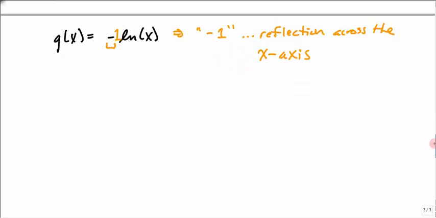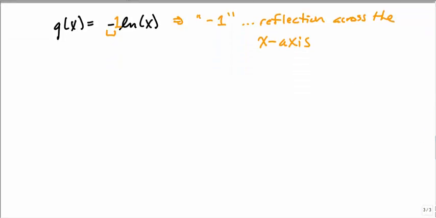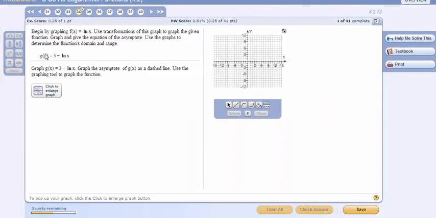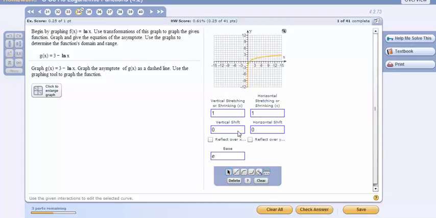So to continue, let's pull a problem in from my math lab, and we'll actually work through the problem, and then we'll look at our solutions. So here we're graphing g of x equals 3 minus ln of x. We can see right away we have a vertical shift up 3 units, and we also have a reflection here in front. Let's take care of that reflection first. The first thing that we're going to look at is which one is the graph for an ln. It's this upside down piece right here. This has negative concavity. This one over here is an exponential tool. This is your logarithmic tool. As soon as you click on the graph, it gives you these options to adjust the graph. In this particular case, we have a vertical shift up 3 units, and then the negative sign means I'll